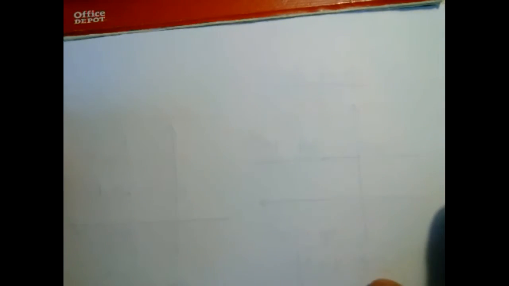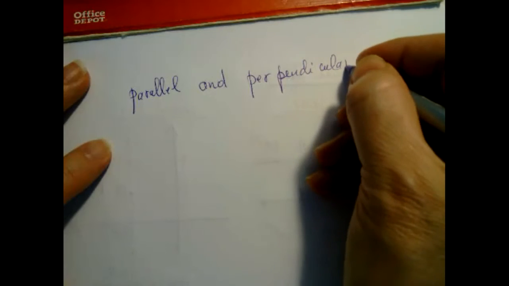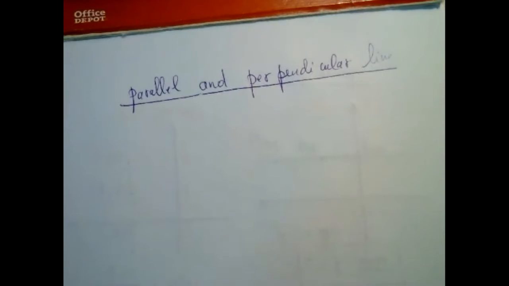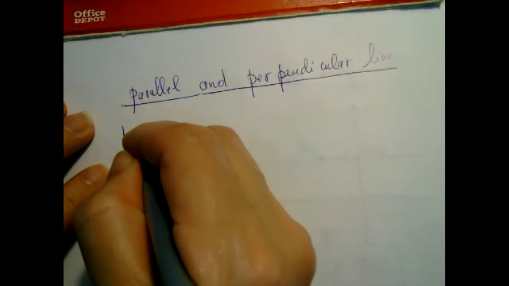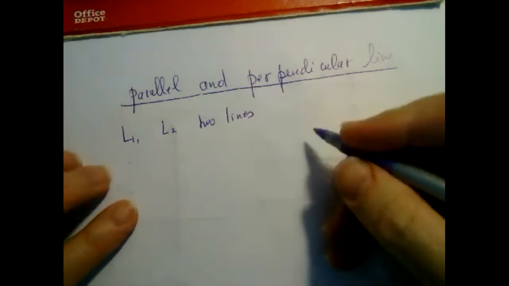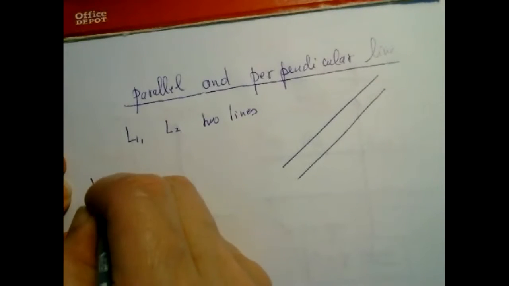Now, part 2 is the idea of parallel and perpendicular lines. I will do perpendiculars because parallel are fairly easy. So parallel and perpendicular lines. First, suppose I have two lines, L1 and L2. And this is what parallel means. If L1 is parallel to L2,